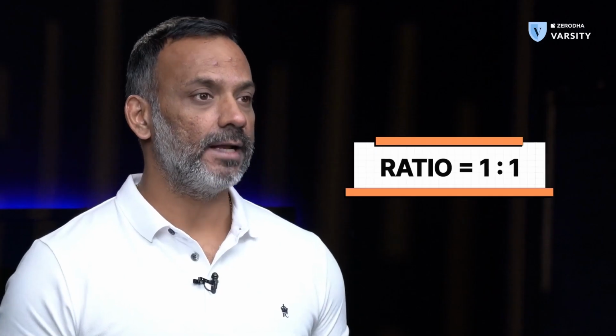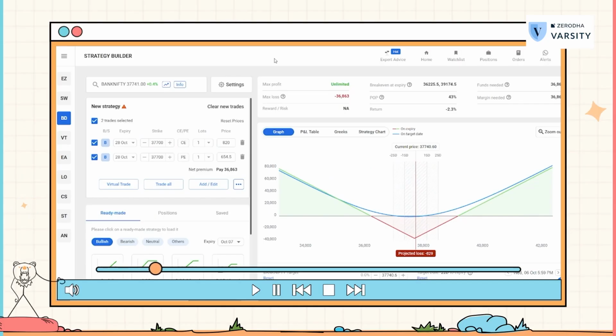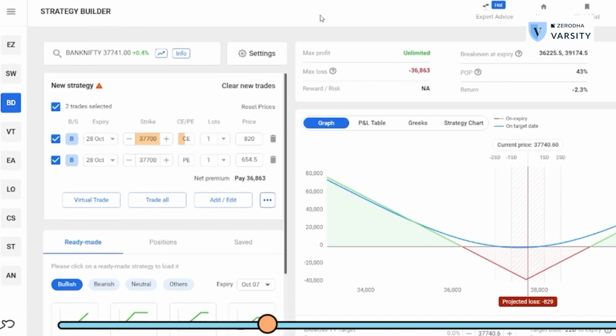So to set up my long straddle, I'll buy the 37,700 call option and the 37,700 put option. There is a combined premium that I have to pay here. The 37,700 call option is trading at 820 and the 37,700 put option is trading at 654. So together I pay a combined premium of